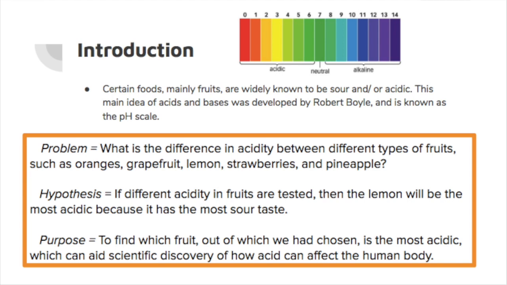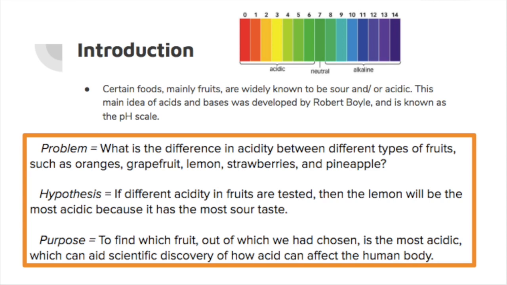This main idea of acids and bases was developed by scientist Robert Boyle and is known as the pH scale. By the pH scale, acids can be labeled to have a sour taste, can be corrosive, and can lose their acidity when combined with a base. Through using the pH scale, scientists can now use pH probes to find the actual acidity of any substance, such